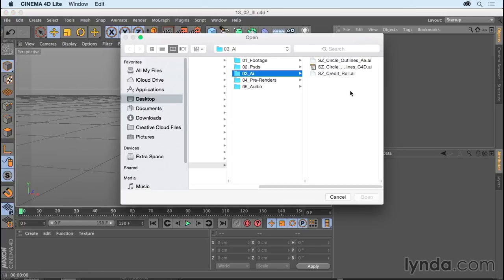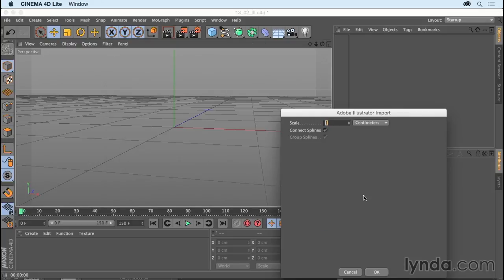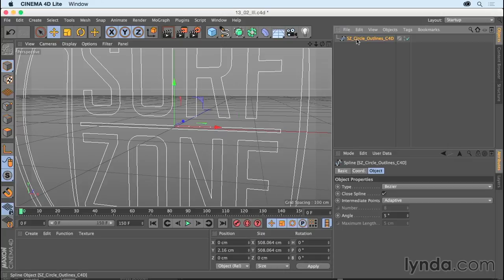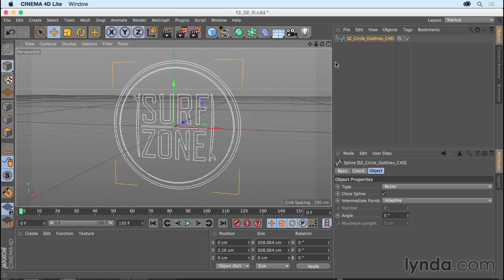Now we'll navigate back to our exercise files in the assets folder under 03AI. And when I select my C4D file and click open, we'll go ahead and click OK for the import. And now you should just see one spline. That's letting you know that you've optimized everything properly. So here, if I go ahead and zoom out a little bit,